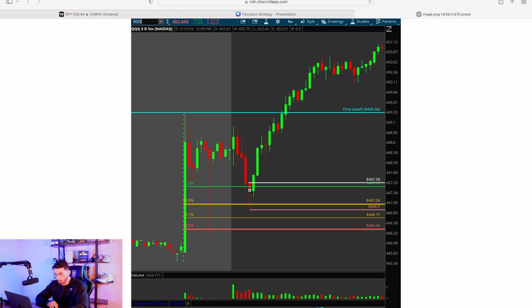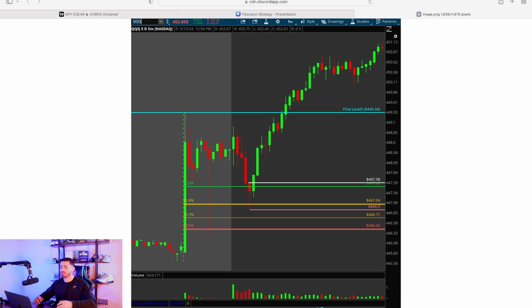We have a long lower wick and we have the elevated volume. So all of those things together tell us that buyers are truly present at this area. Let's get a long entry with our stop loss right below this low. And as you can see, that was literally the exact bottom on QQQ before it rallied all the way up